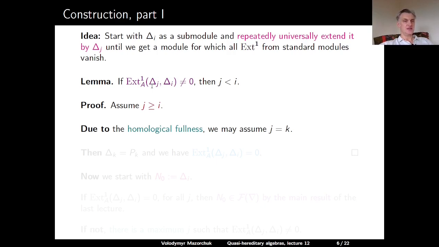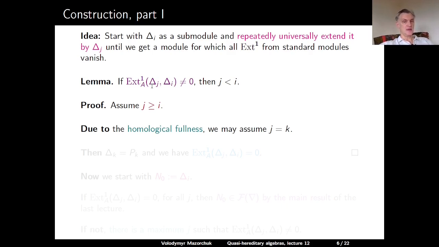So if we look at delta j and delta I, all simple subquotients which appear in these modules are of the form Ls, where s is less than or equal to the maximum of j and I. So we can restrict to the Serre subcategory generated by L1 and so on up to the maximum of j and I, and this will be a quasi-hereditary algebra, and its module category is homologically full in the category of A-modules. So we can just restrict to this category, and this means that we assume that j is equal